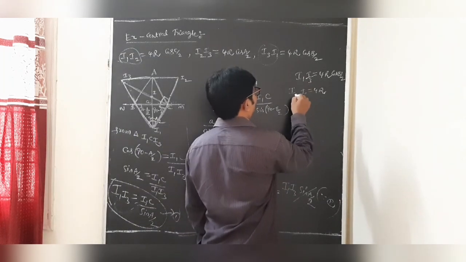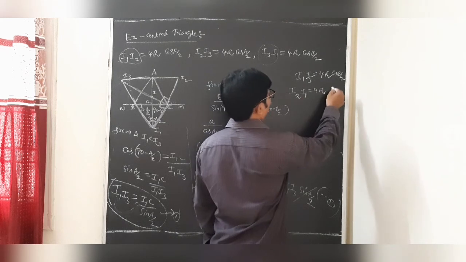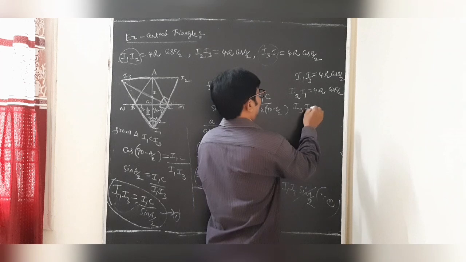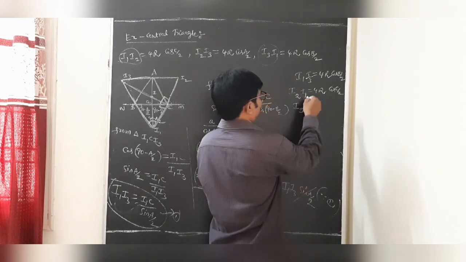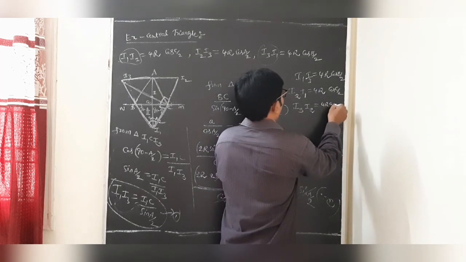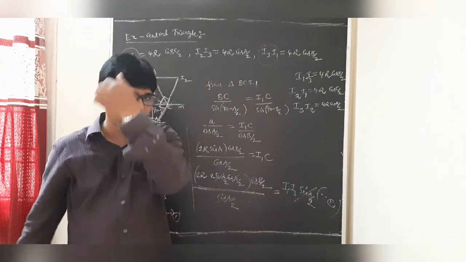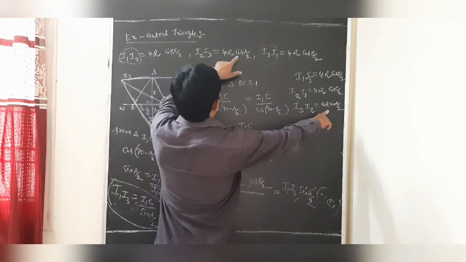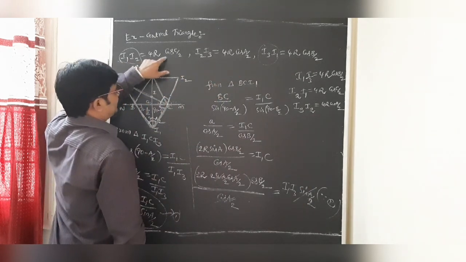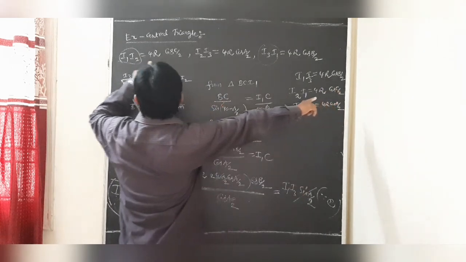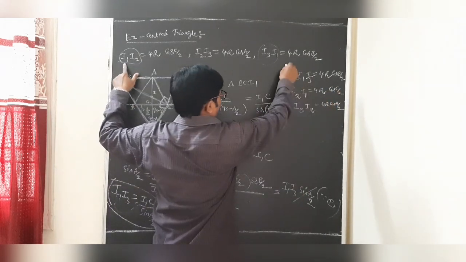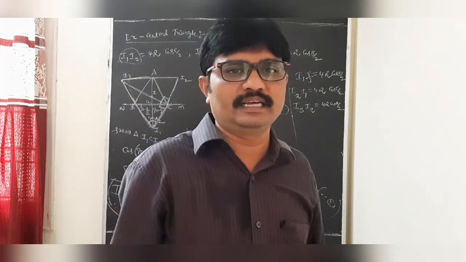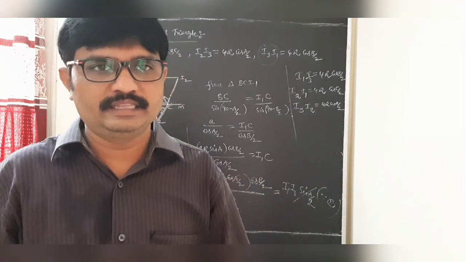After that, 1 is the 2 and 3 is the 1. This is 4R cos C by 2. After that, students, I3 I2: 2 is the 3, 1 is the 2. Undoubtedly 4R cos A by 2. So I1 I3 is 4R cos B by 2, I2 I3 is 4R cos A by 2, and I1 I2 is 4R cos C by 2. These are the distances between the excenters I1 I2, I2 I3 and I3 I1.